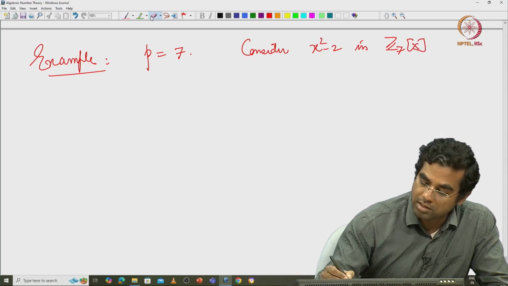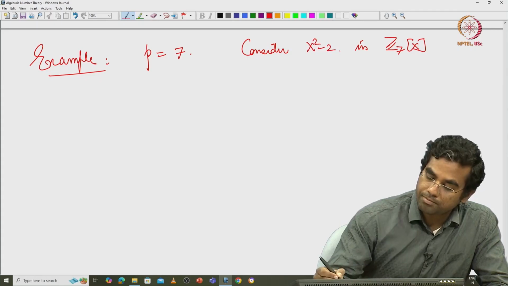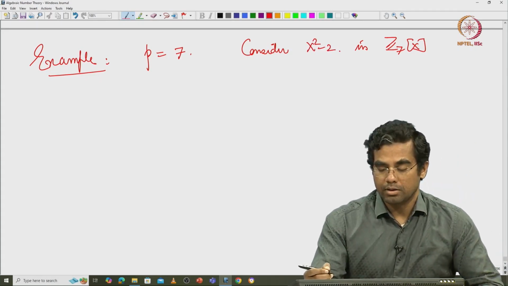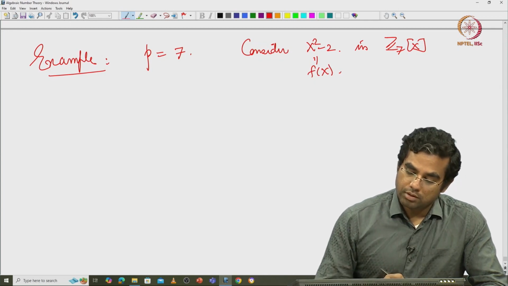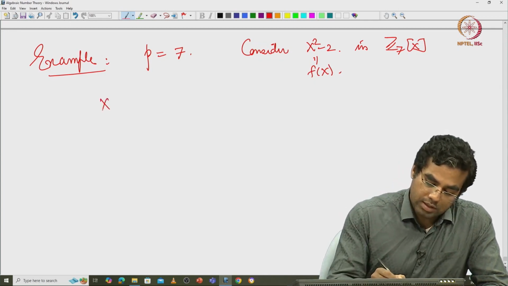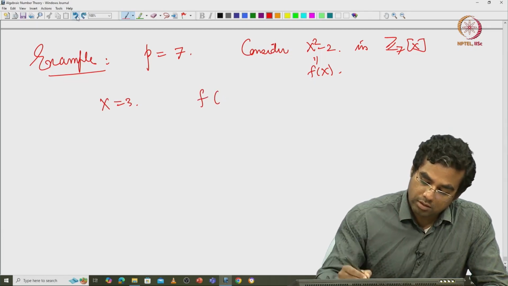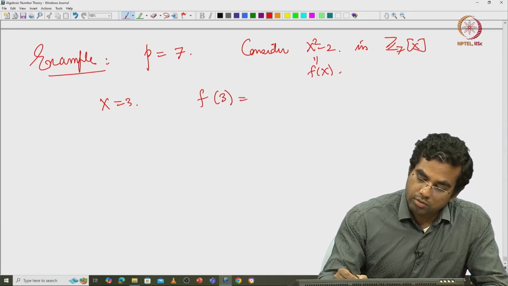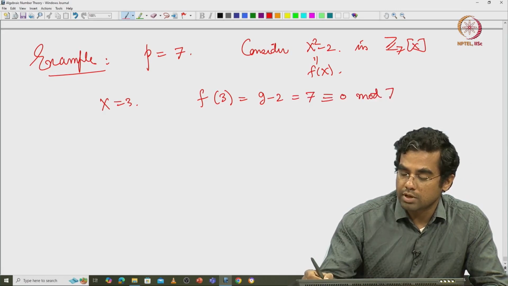Maybe I should write the same x in both places. This is my f of x. So, if I take x equal to 3, I get f of 3 is equal to 9 minus 2, which is 7,